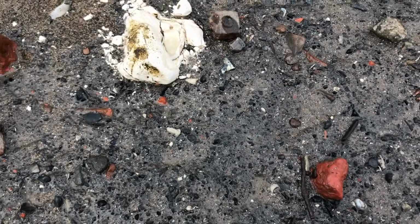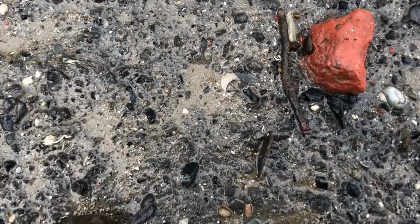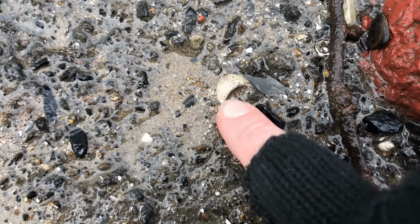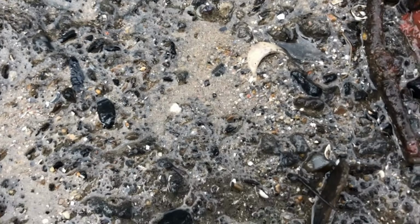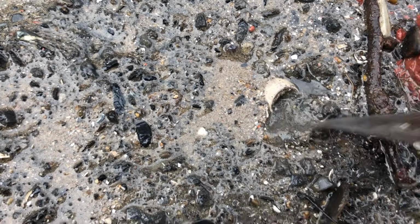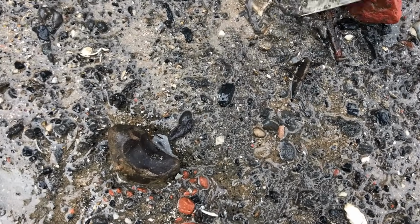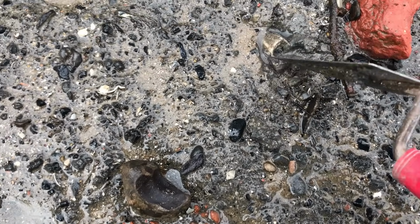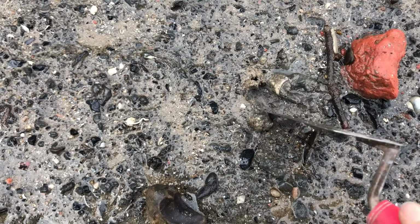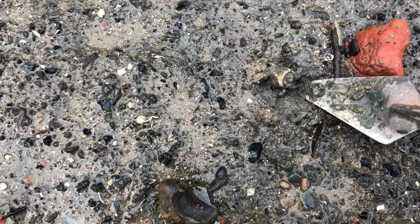Now down here we've got just the very faintest outline of what I hope is something complete. There it is. Semicircle. I'm hoping it's not a shell but a pipe. Let's take a look. Okay. Let's see how much there is. Hang on a second. Oh, it's got some resistance, so maybe,